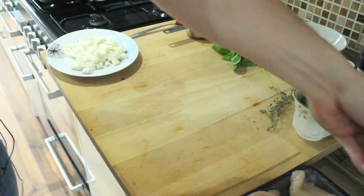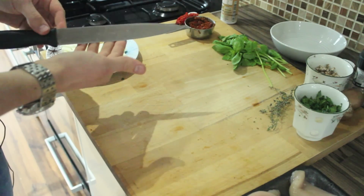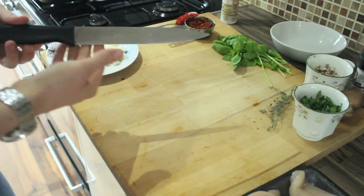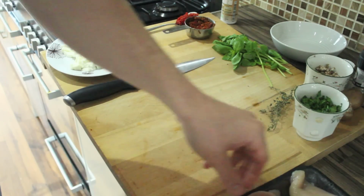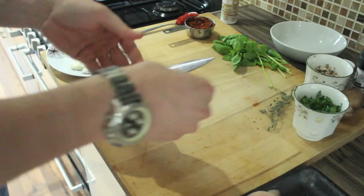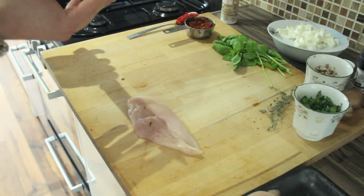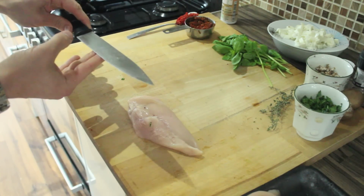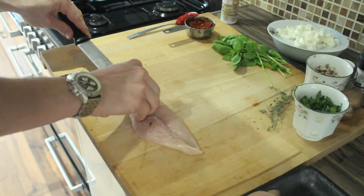But for this one, because the chicken breasts are quite delicate, I want you to use your utility knife if you have one. You can see it's a bit more narrow, so it's going to be easier to pierce through the breast. Okay? So we've got a chicken breast here. I want you to lie it down flat, and then just because it's quite sharp, you want to pierce that through the top. So you just want to make an incision at the top of it,